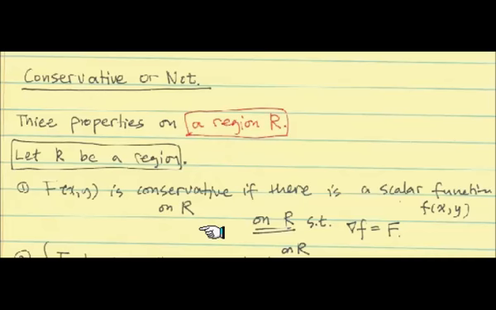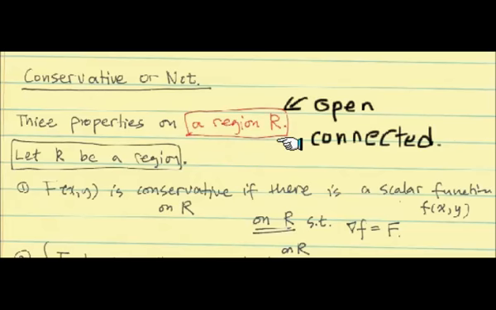So we're about to enter some parts where we want to decide whether a vector field is conservative or not. If we have a vector field, we're usually going to discuss these three properties on a region. All these properties are relative to the region we're looking at, R. They're going to be all open and connected. Let me write that down. I wrote that and forgot to add that part, but it's important. We're going to look at this open and connected region.